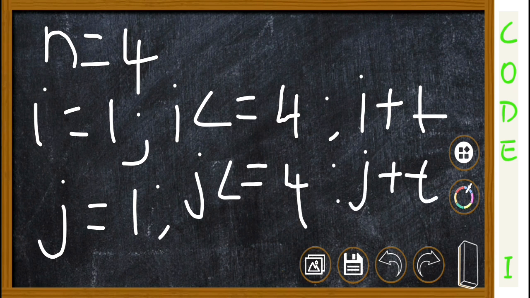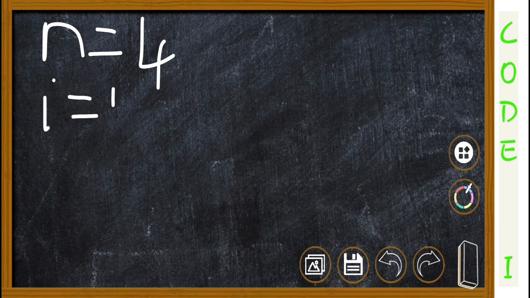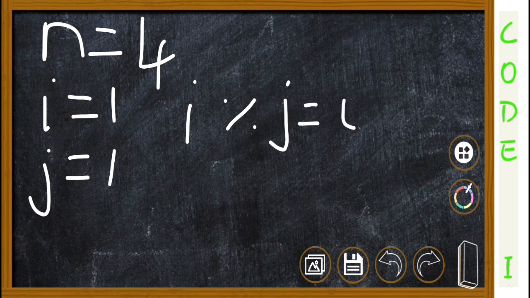Okay, this will be the for loops condition, and when the user input data is equal to 4 and the if condition, first i will be equal to 1 and j will be equal to 1, and in the if condition i mod of j equals to 0, that is 1 mod of 1 equals to 0. So 1 mod of 1 equals to 0, divisor equals to 1, so it is not a prime number.